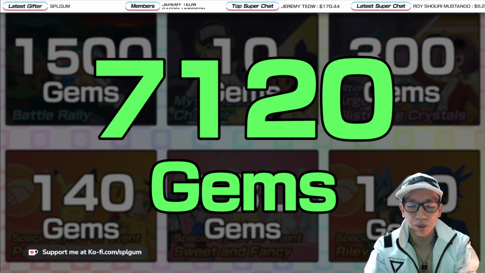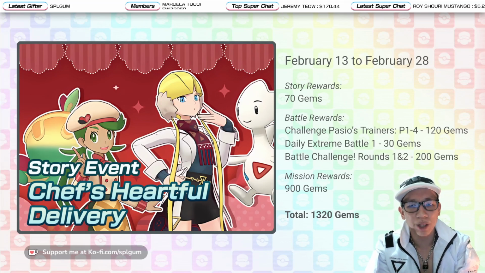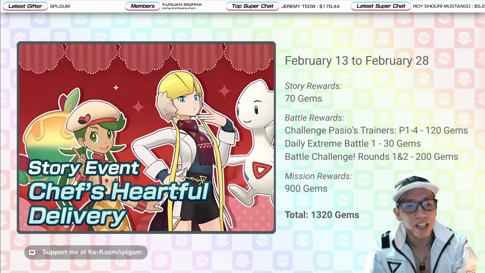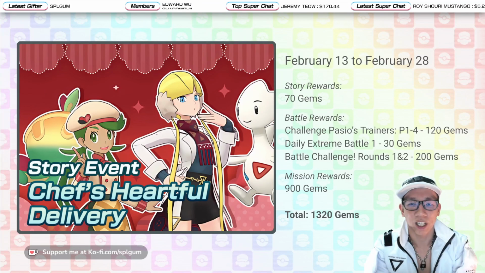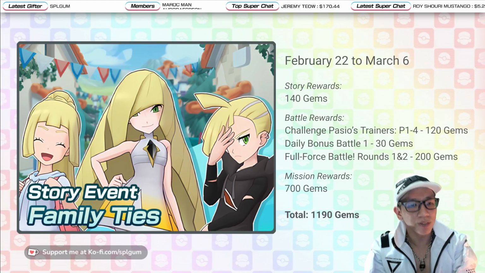And next, let's move on to reruns. We have the story event rerun Chef's Heartful Delivery. This is last year's Valentine's event. February 13 to February 28 will give you 1,320 gems, including mission rewards. And now you have story event Family Ties. Gives you a total of